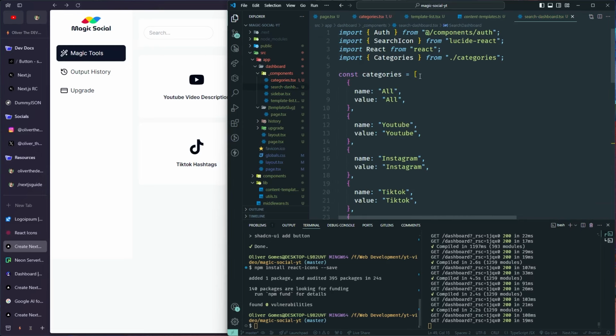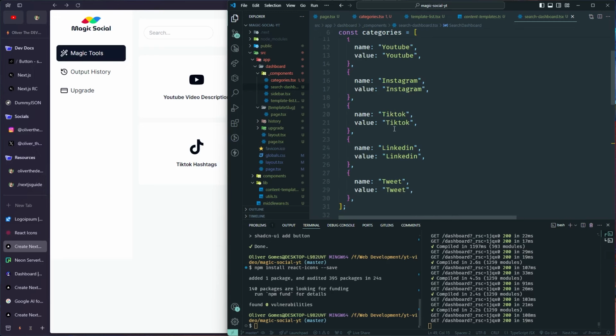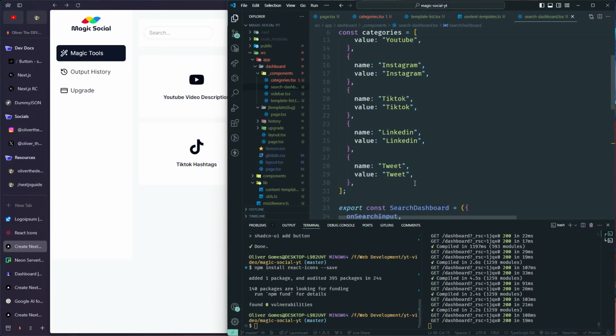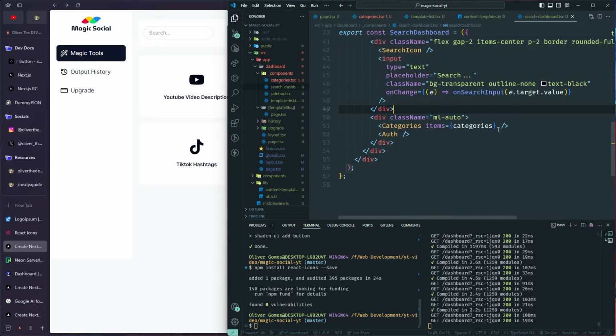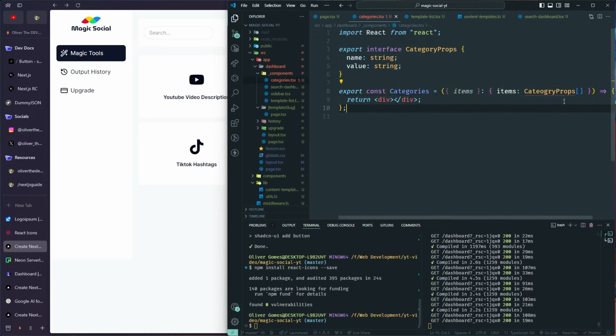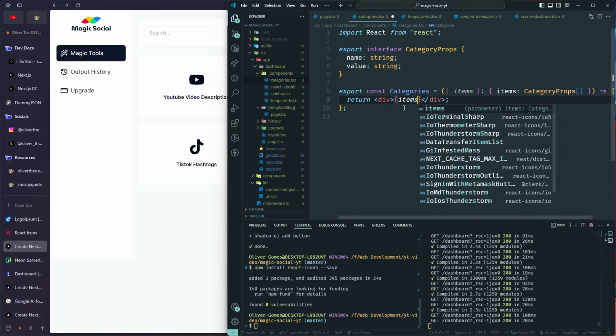So category is basically an array of objects with name: all, YouTube, Instagram, TikTok, and Twitter, with a value as well. So make that and pass that into our items. And in here we're going to get the item over here. So this is exactly how it says it is. There we go. And then we're going to loop through all the items that we got in here. So items.map